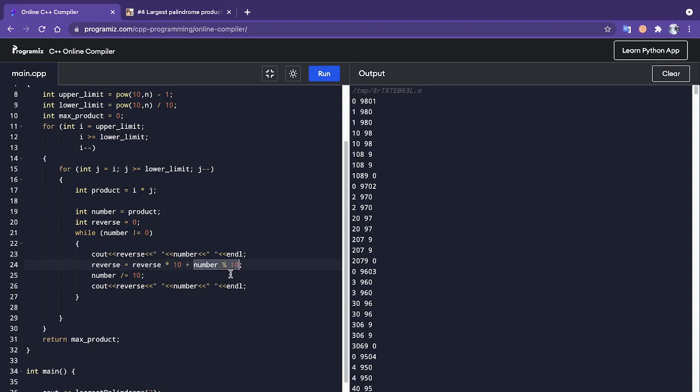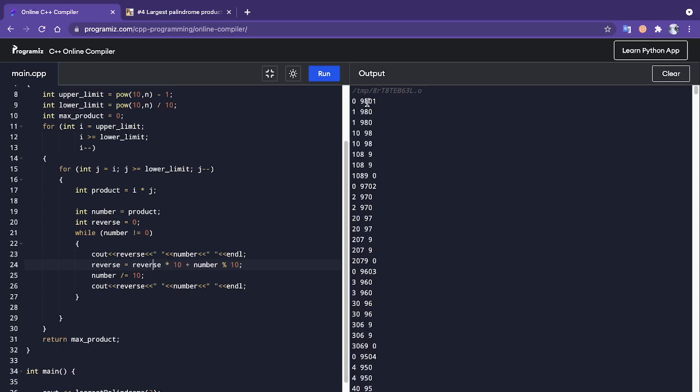The remainder is going to be added to this product. This is the short form of n equals n divided by 10. It can also be written as divided by equals. Let's see how it functions.